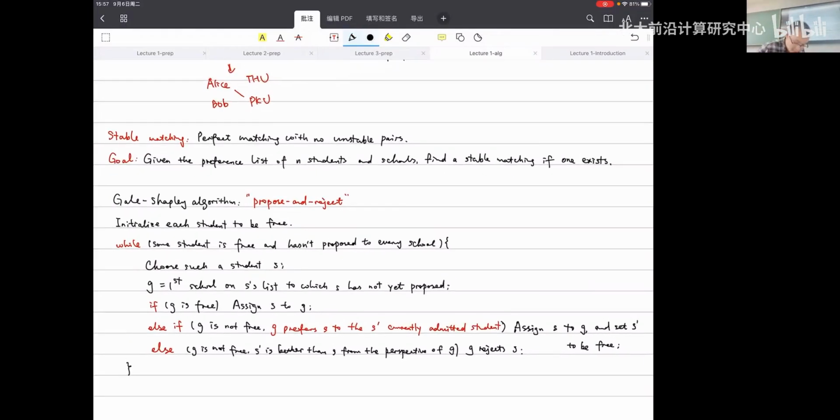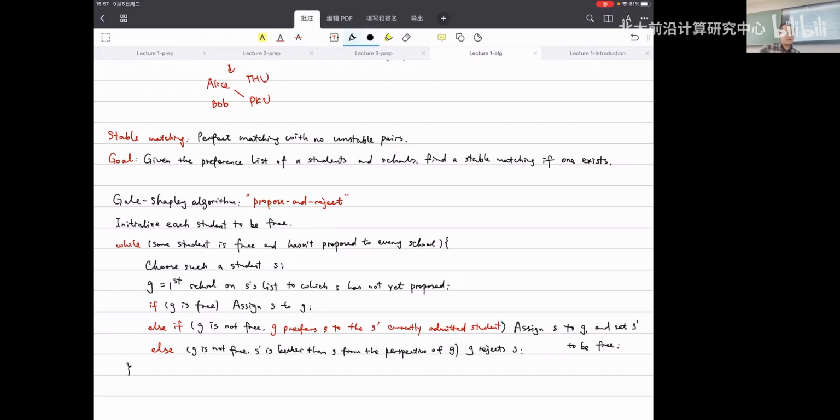Now you can see the whole algorithm. This algorithm, called the Gale-Shapley algorithm, is probably something very natural. When you want to make a match, it is about strategically deciding how you are going to match the students and the graduate schools. So we apply a while loop from the perspective of students: if some student is currently free and hasn't proposed yet, they try the first school on their list that they have not yet proposed to, and just try that.